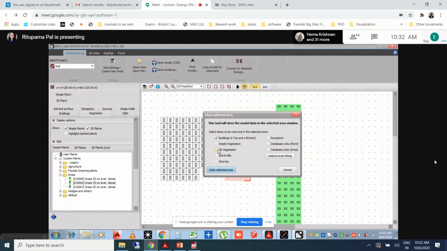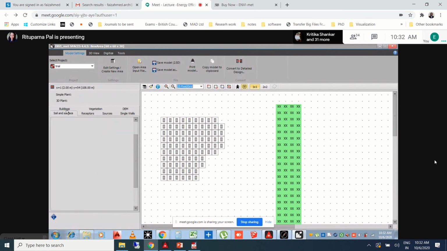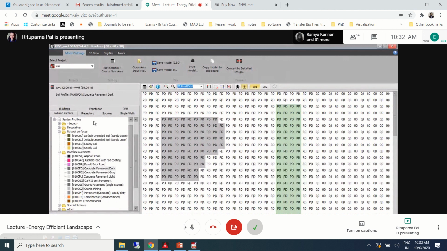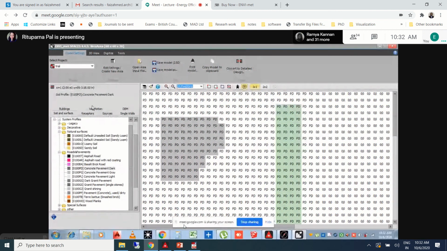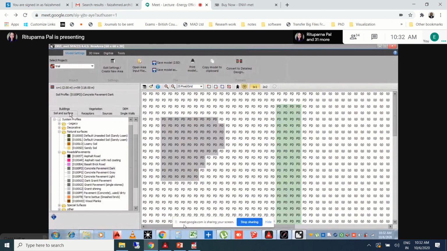No, ma'am, not that. Like the surfaces that we have already created, the pathways that we already created. Yes, okay. No, actually you have to go to the particular options here on the left, just to understand where the things are. Like in this case, you see that many parts have been occupied by this PV thing. That is my concrete thing. So that is wrong. Maybe due to some kind of error, this has been done. So in order to understand where your things are, you have to go to these particular boxes to understand where your particular fields are lying.